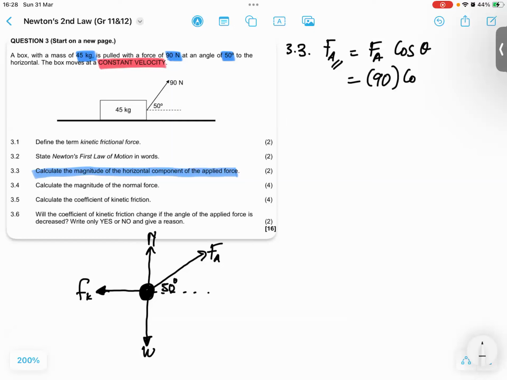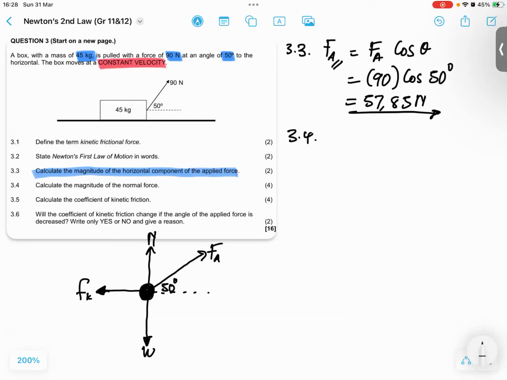And then we have cos of the angle, which is 50 degrees, right? When you use your calculator, that would be cos of 50 degrees. That will give you 57.85 newtons. Our F horizontal, or should I say the parallel component of the applied force, right? And then 3.4,